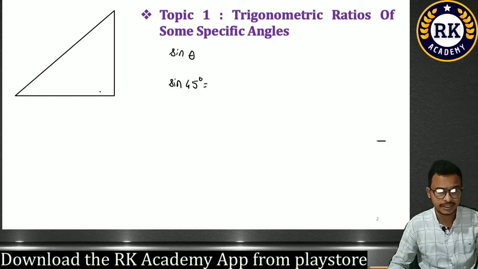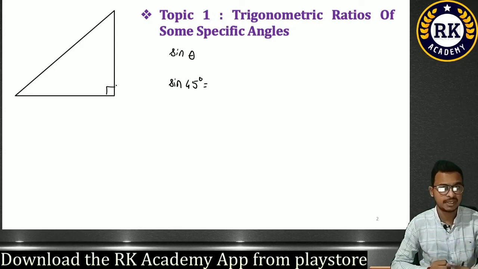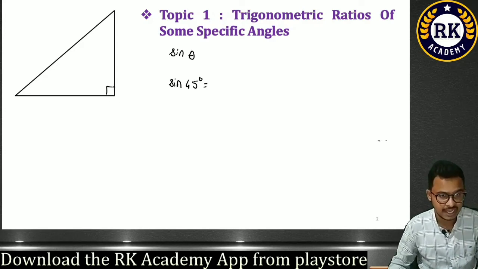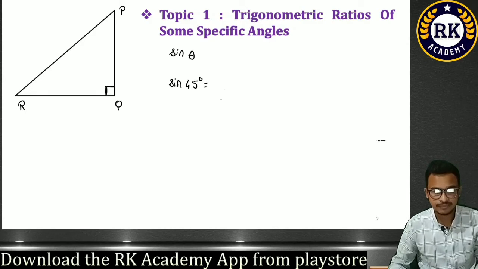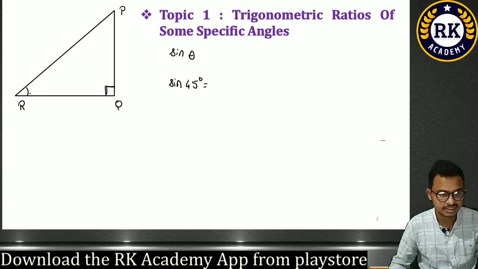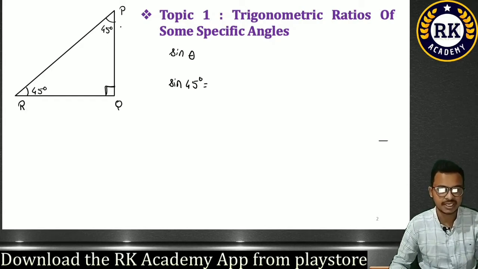I will give you a hint. For example, here 90 degrees is fixed. Trigonometric ratio is only applicable to a right angle triangle, so we will have a right angle triangle here, that is PQR. Sin 45 means this is my 45 degree angle in the given figure. Now this theta is 45 degrees, this is 90. What is the remaining angle? It will be 45 degrees. Yes or no? It's a simple concept, the remaining angle of the triangle.